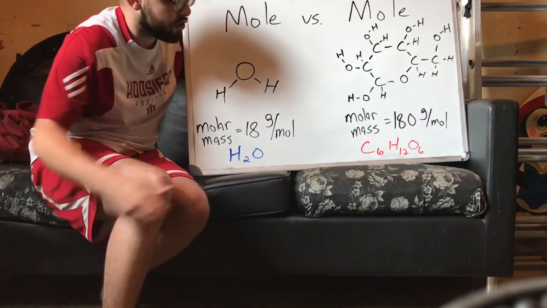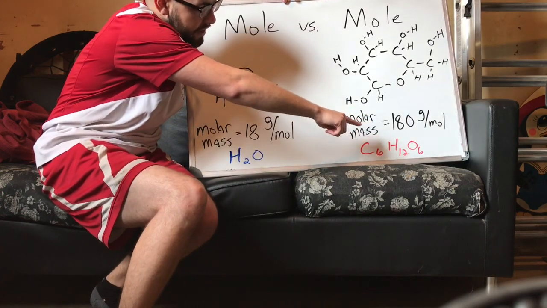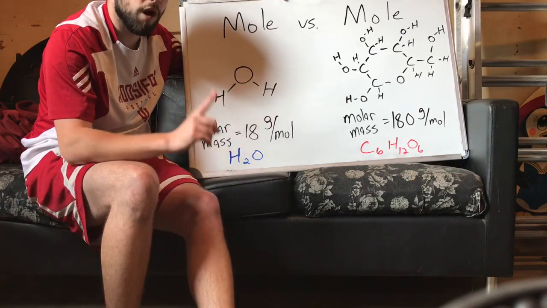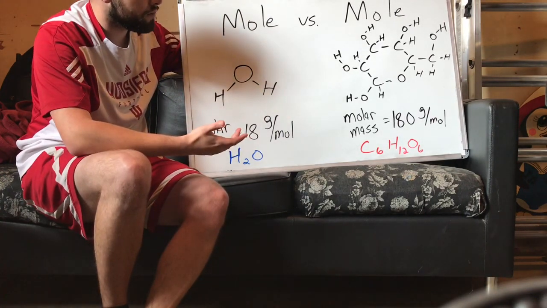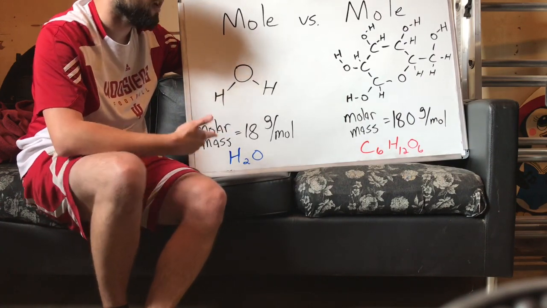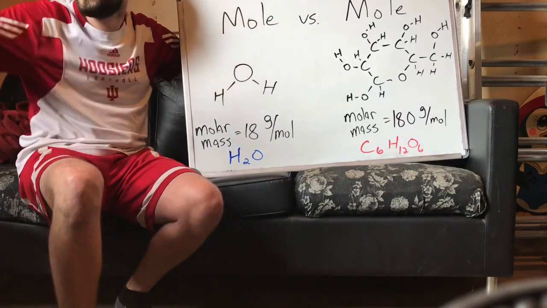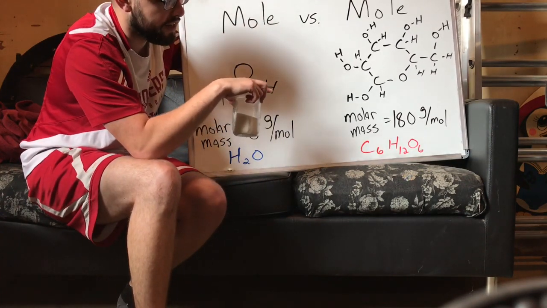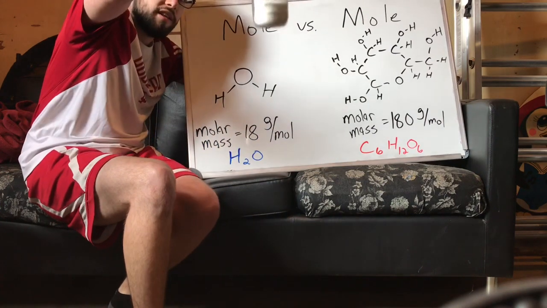The molar mass of sugar, of glucose specifically, is 180 grams per mole. 180 grams in 1 mole of sugar. So we're seeing that a mole of sugar is about 10 times as massive as a mole of water. And that's because the actual molecules are about 10 times the size of water. So the way that I measured out this mole of sugar is that I measured 180 grams, and if I know that 180 grams is a mole, then I know that this is a mole too.